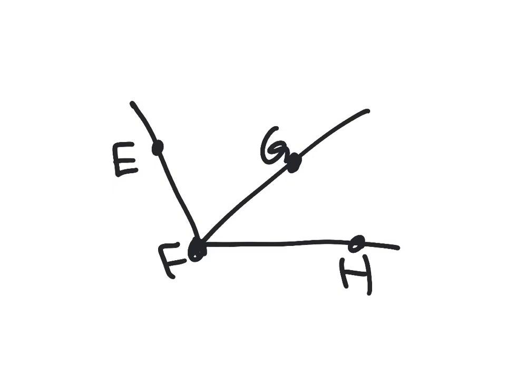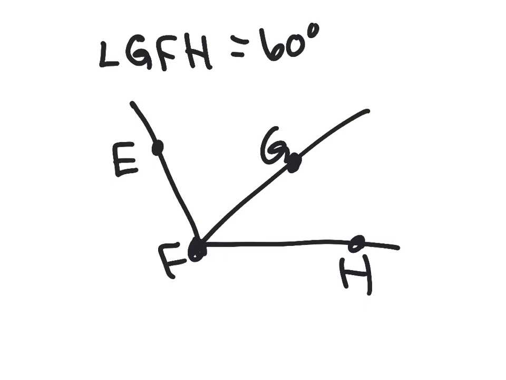So we have two angles there together. We're going to have the information that angle GFH equals 60 degrees. We are going to be given the information that angle EFH, which is this angle, EFH,